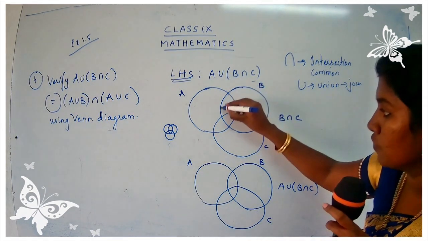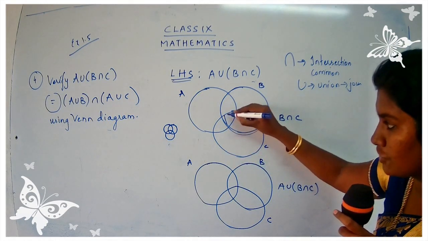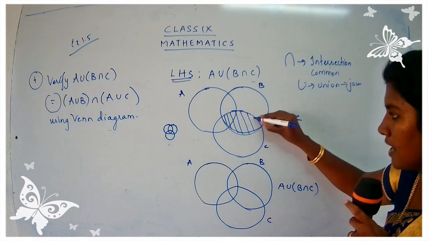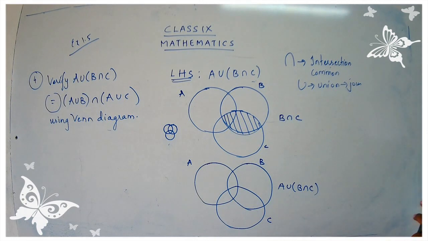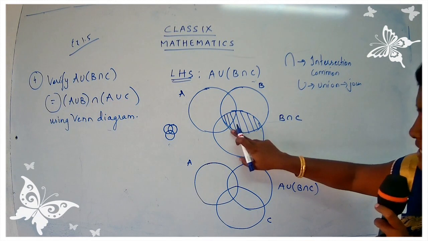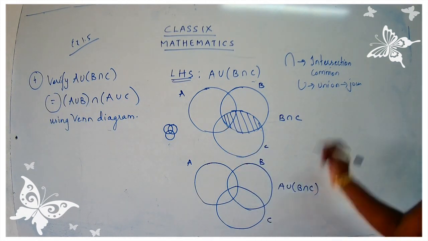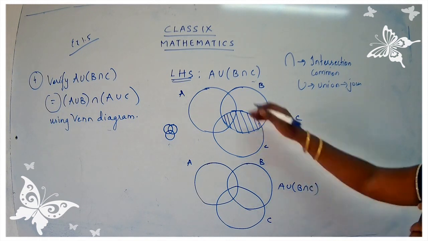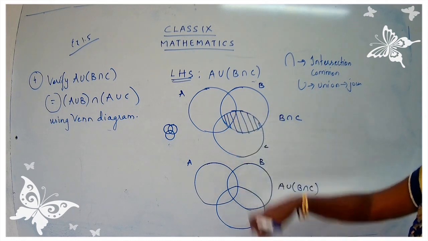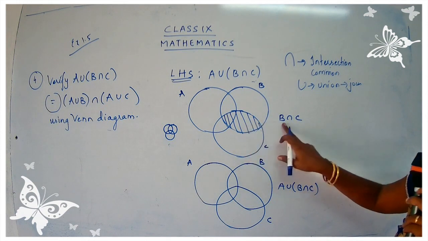So this whole circle is B and this whole circle is C. So which is the common part? Be careful, children, when you shade. So I am shading only the common part. Just see here. I hope you are clear, children. I am shading only the common part of B and C. Shade it properly. Don't just go on shading it fully. Just draw slanting lines. So this is the area which shows B intersection C.